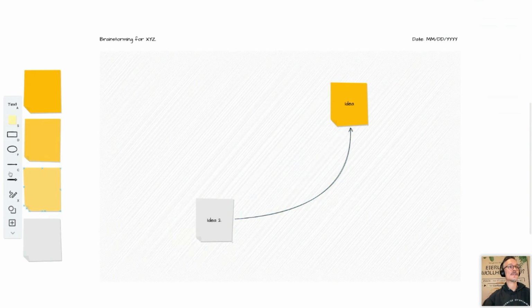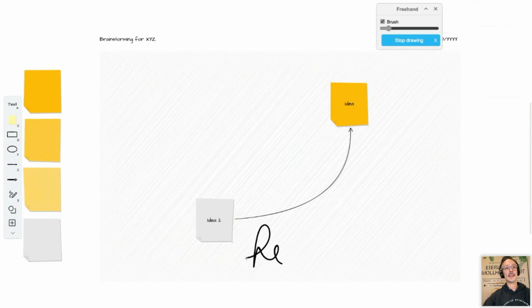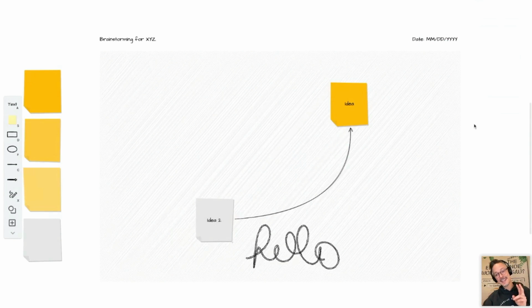You can leave some hints like hello, which is probably not a part of a classic brainstorming situation, but this is the thing I can draw the best. Believe me, my handwriting is not the best one, but I learned how to write hello, and that's fine. So that's our second editor, our whiteboarding editor, which is more for kind of creating ideas,